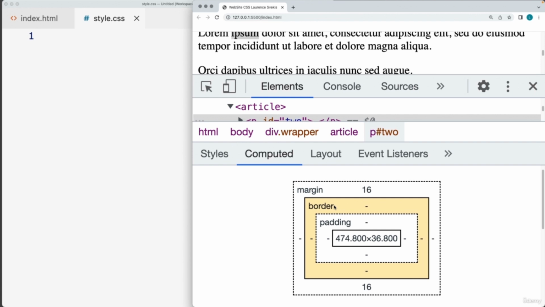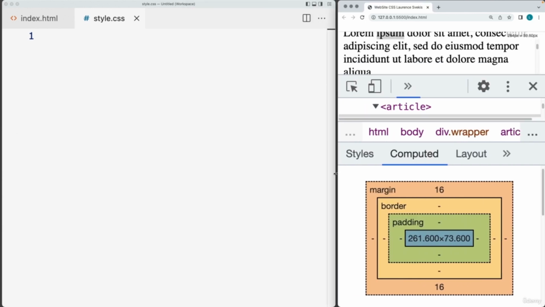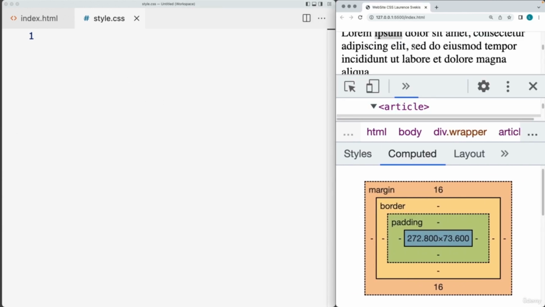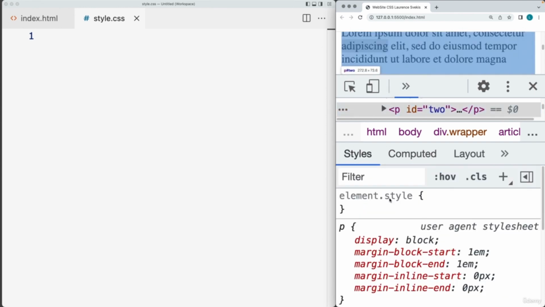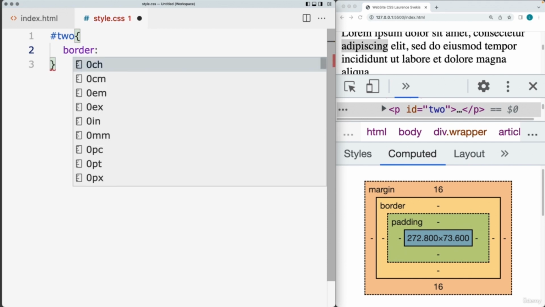So we've got the margin, the border, the padding, and the default width and the height. There are additional margins that are added because of the block content. So let's take a look and we'll make some adjustments. First off, we'll select the page element that we want to apply the styling to, and that's going to be the element with an ID of 2, and we'll set a border so that we can see the boundaries